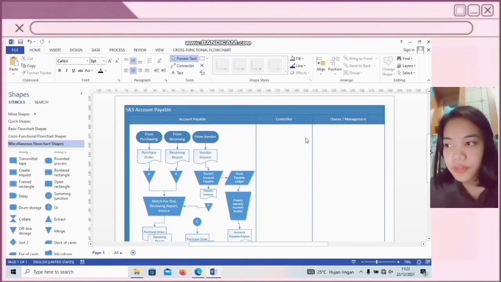Now, we create a flowchart for a department controller.